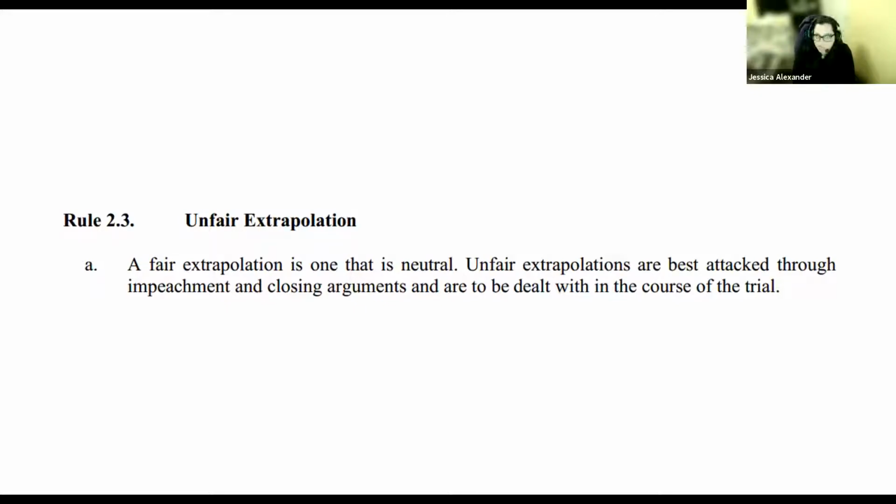While it's technically a rules violation to have unfair extrapolation, if you wait until the very end of the trial, and Jamie, I know you've presided over a lot of cases, and someone waited until the very end to make an objection on unfair extrapolation, we're not going to remember what was said exactly or what the witness specifically said. You need to be doing it as it goes along if you genuinely believe someone's unfairly extrapolating.